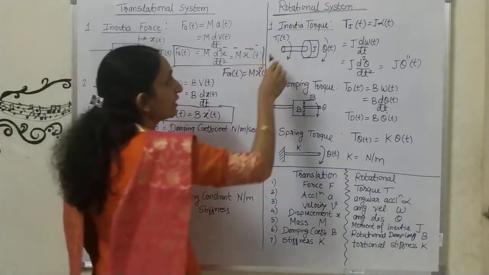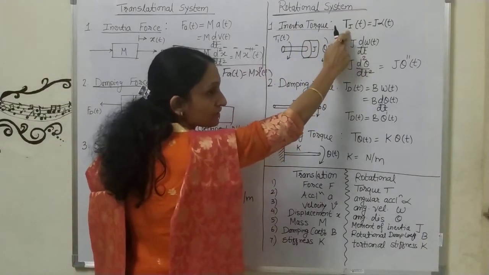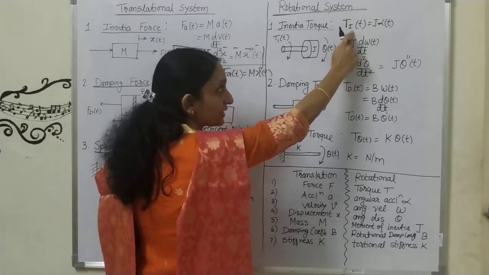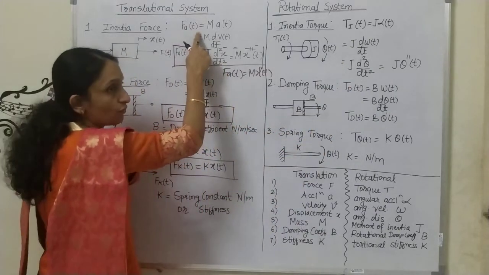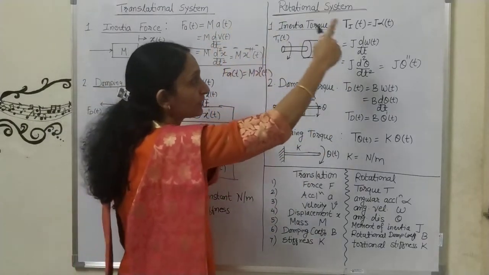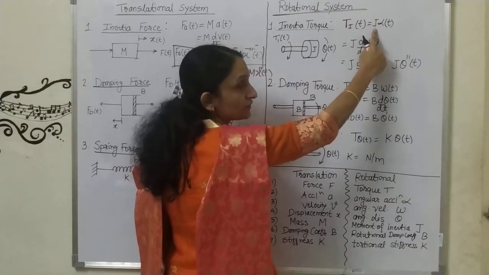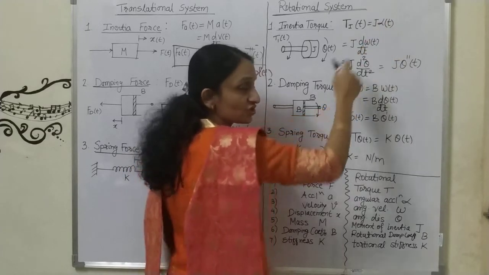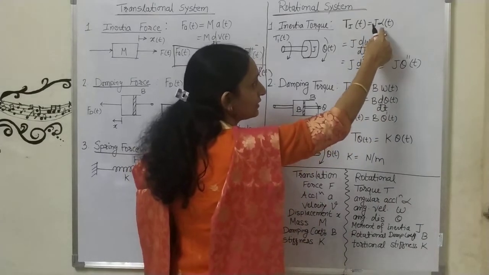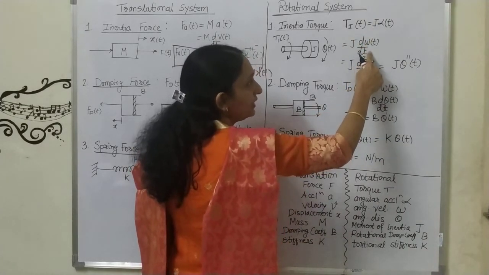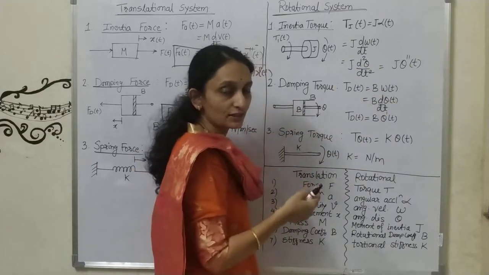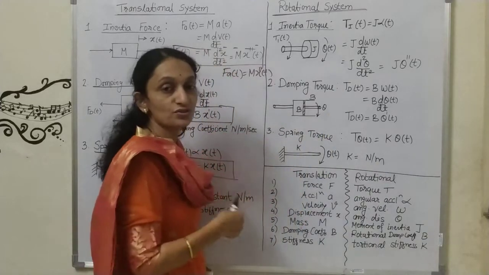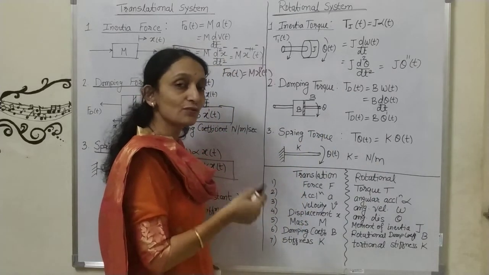Okay, so same thing, inertia torque. Look at this, force is now replaced with torque, and this is inertia, I for inertia. Again Newton's second law of motion, that is force is equal to mass into acceleration. But in case of rotational system, mass is replaced with moment of inertia J, and a is replaced with angular acceleration alpha. Okay, so again the same thing, alpha I am writing d omega by dt, rate of change of velocity, but this velocity is angular velocity, so that is omega. Again, what is omega? Rate of change of displacement, but here displacement will be the rotational displacement.